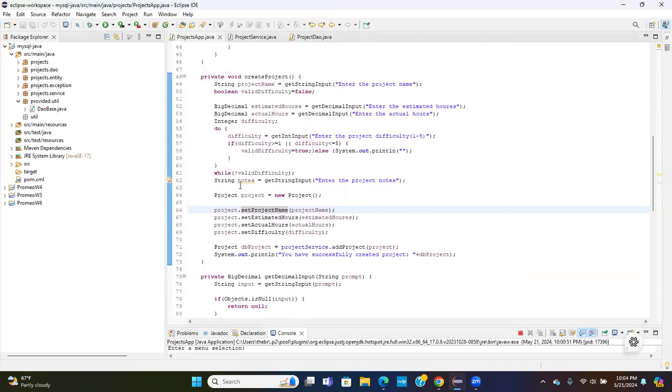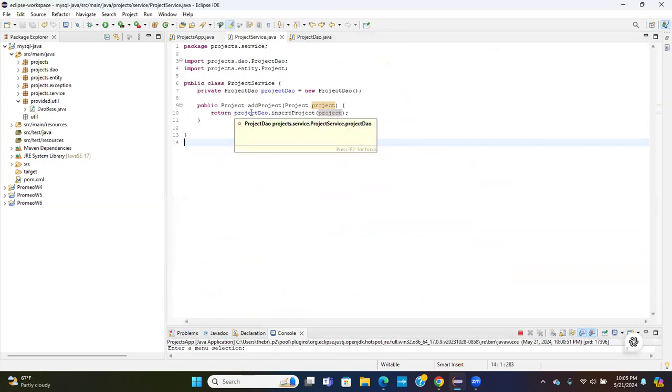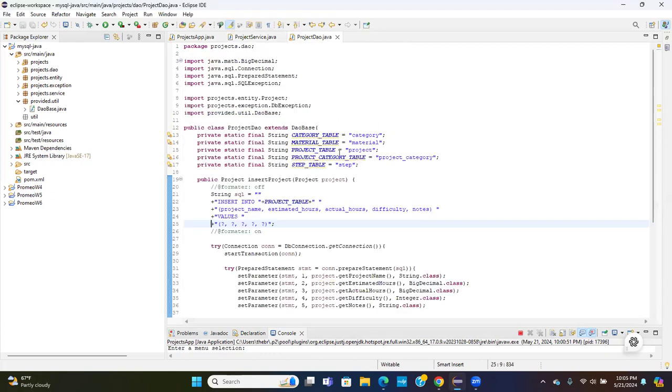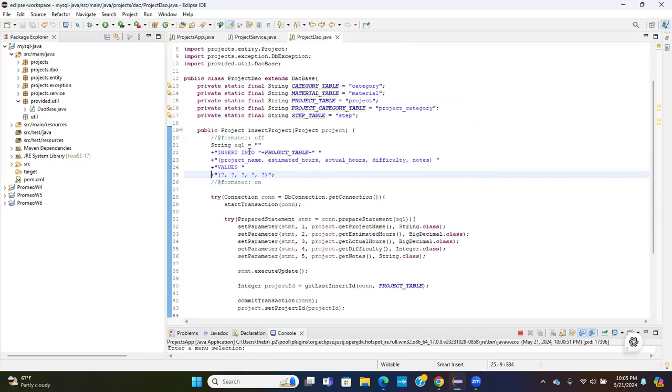And it's got everything set up to push everything onto the project, which was downloaded from the resources available through the Promineo course site. And we also go ahead and push everything onto the project service. Now, looking at the project service, it's simply returning the insert project from the project DAO. Looking at the project DAO, it has all these defaults, creates a SQL string,